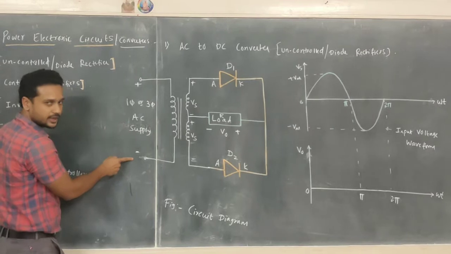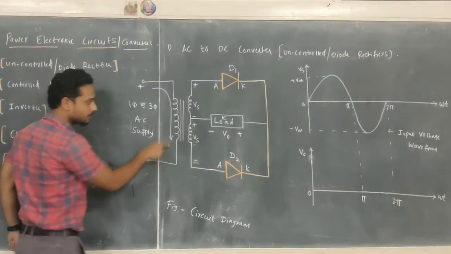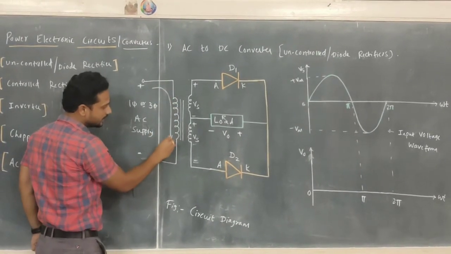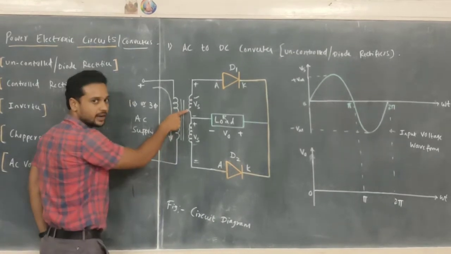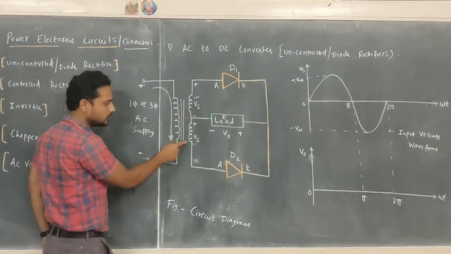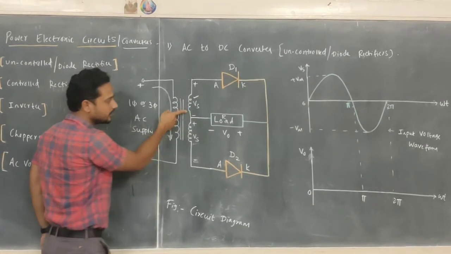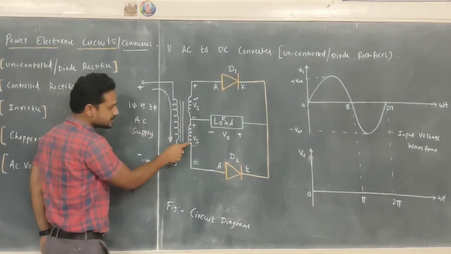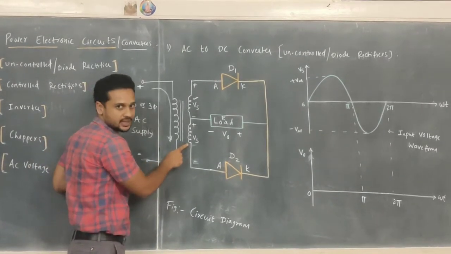This will be positive and negative, and current will flow in this direction through this primary winding. Okay, now, once the direction of flow of current is like this, then this upper portion of secondary winding, so you have upper portion and lower portion of secondary winding, will be energized as the direction of flow of current is like this, and this lower portion of secondary winding remains de-energized.